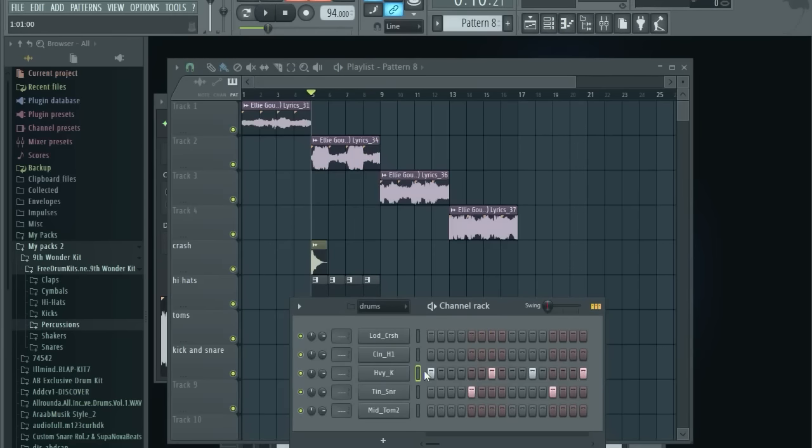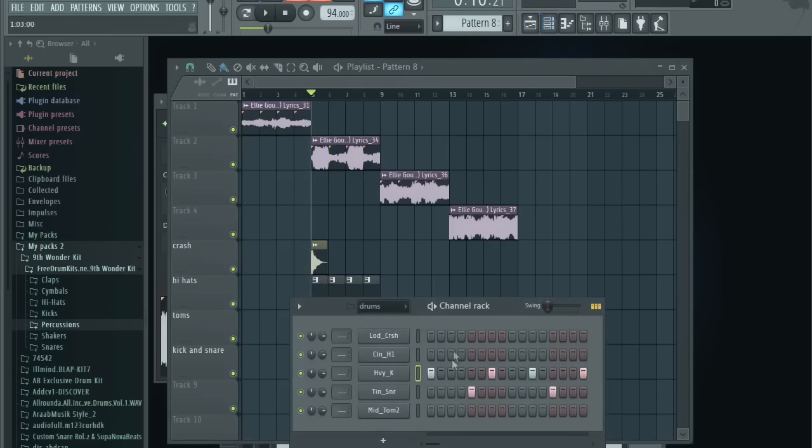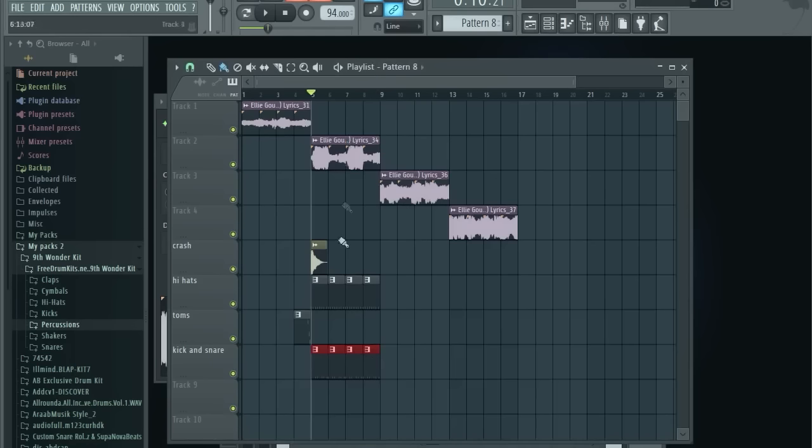Okay, this is what you want to do. Copy what I did with the kick and the snare. And that's what we have for now. Let's see if I forgot something. So crash, tom, awesome, we got everything. So this is how we just made a basic beat. Let me show you how it sounds. Let's drag this here. Let's see.